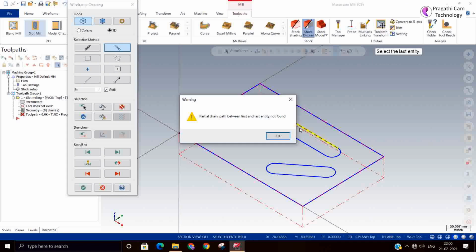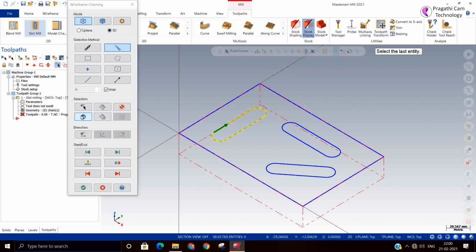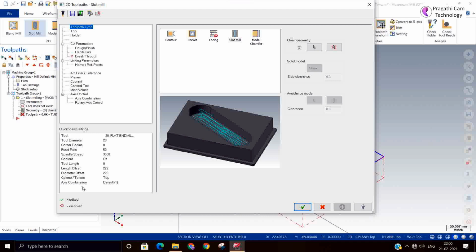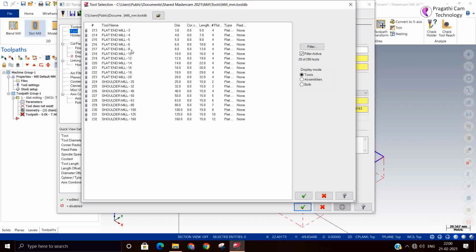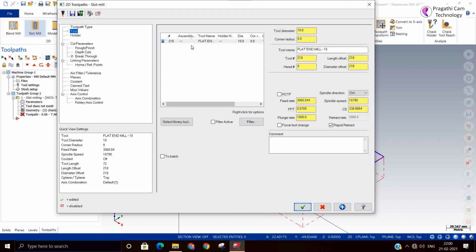Okay. Accept. Accept. Third one. Accept. Okay. So three slot we have taken. Then you select a tool. So I took a 10 tool because slot width is 15.